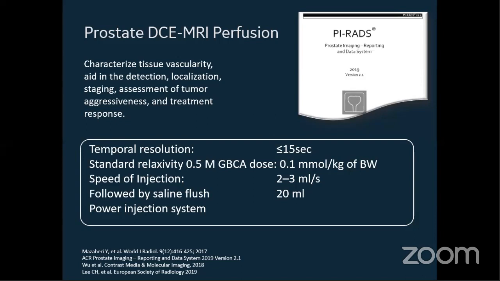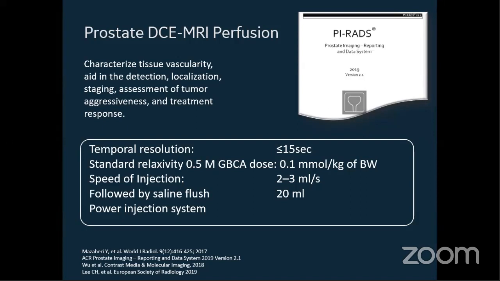Although there is relatively standardization of MR imaging protocols for prostate, there is still no final consensus on the best method of acquiring dynamic contrast enhancement data. Ideally, the acquisition should be obtained approximately every 5 seconds to allow the detection of early enhancement. PI-RADS and other studies recommend the standard dose of contrast agent, that is 0.1 millimole per kilogram